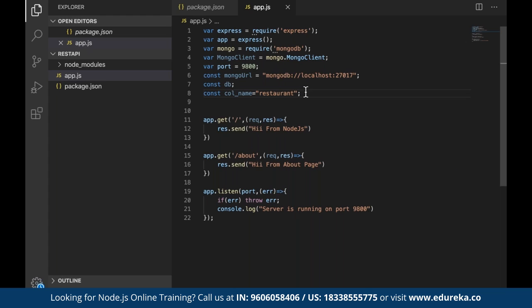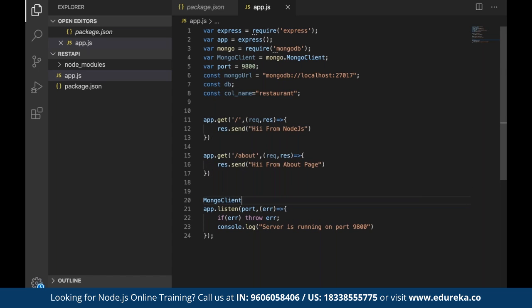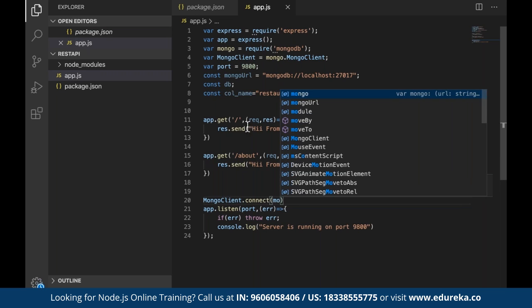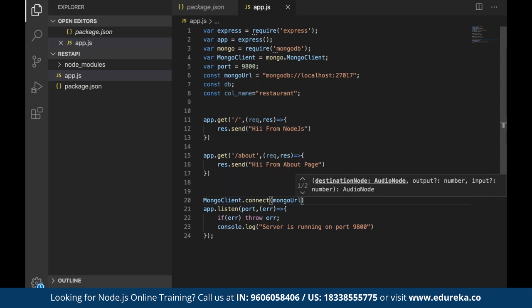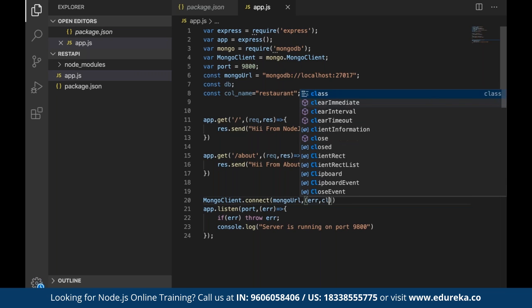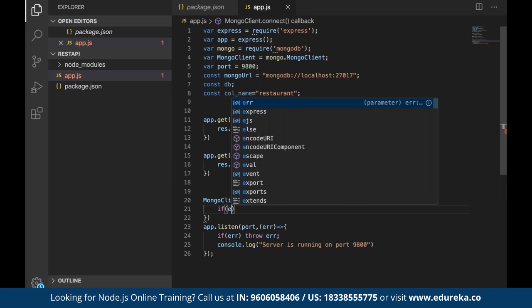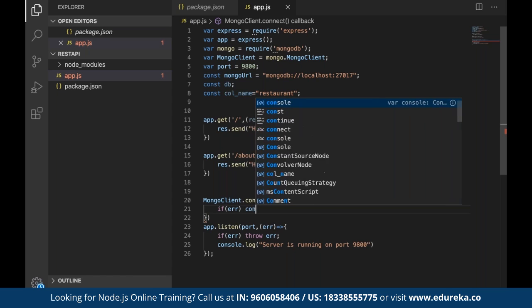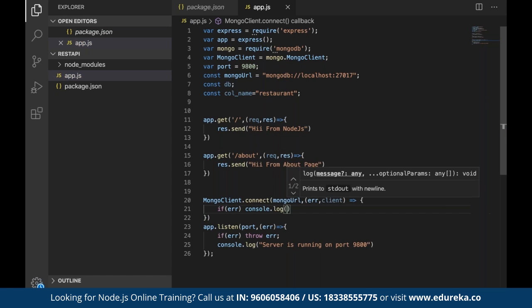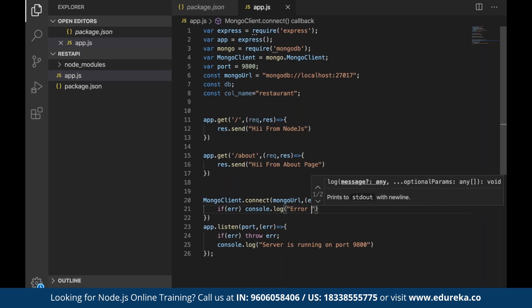Now we have to make a connection with MongoDB. You have to call that. How will you do it? When you create a server, you write like this. MongoClient.connect. In this, we'll give mongoUrl, and either we get the error, or we get the client, arrow, curly braces. If we get any error, we'll say console.log or throw error while connecting.